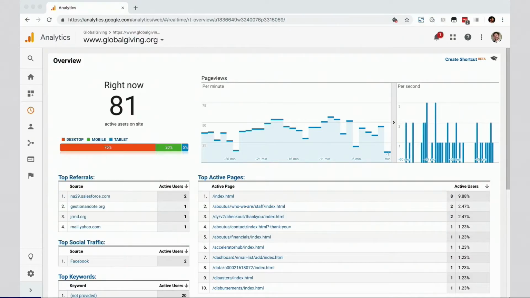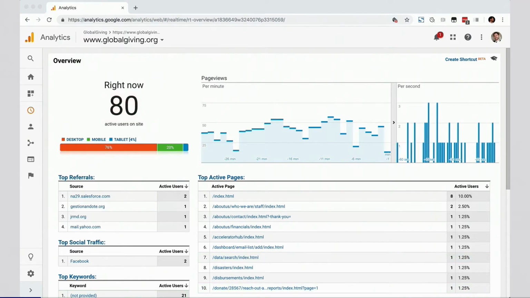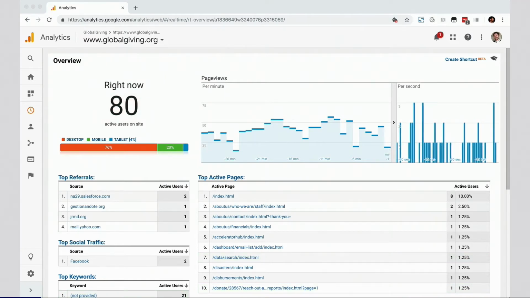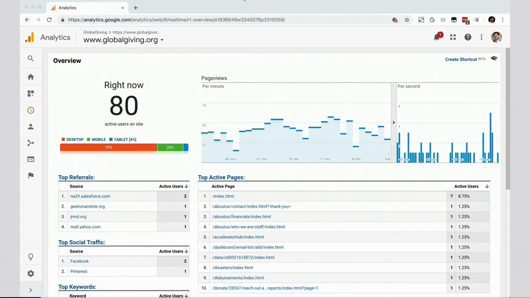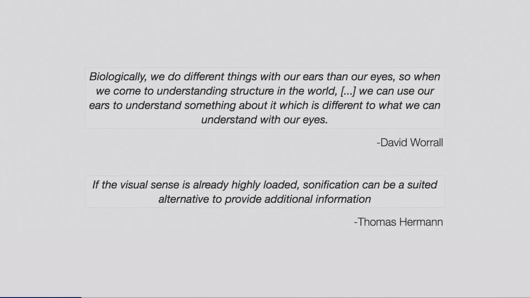I wanted to ask myself whether I could build an auditory interface to my site's data and experiment with how well that would function in communicating this data to me orally. There's a well-established field of research into this topic called sonification, and I don't pretend to be an expert. I'm very new to it. I just found out about it working on this project, so I'll let these two quotes from some experts in the field put this project into that context for you.